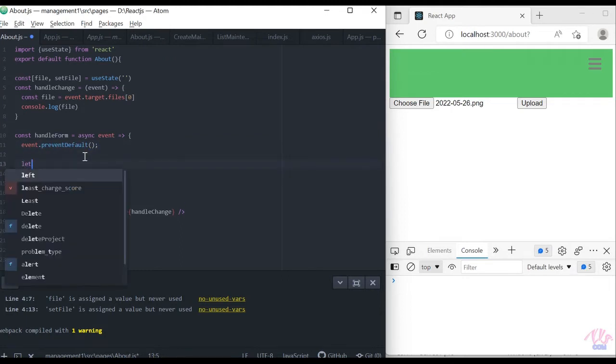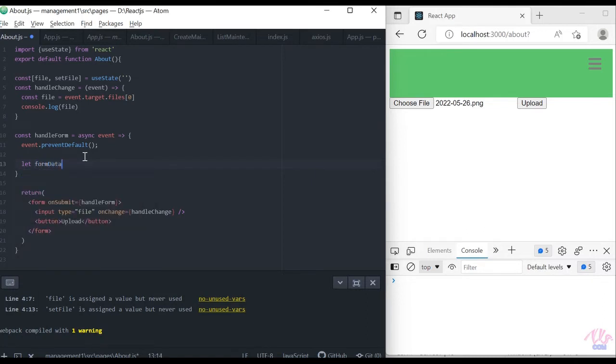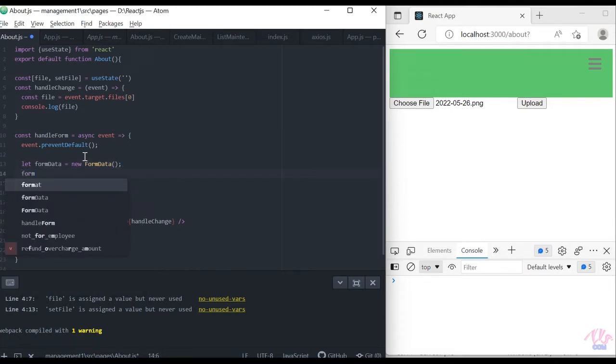Let's create a form data. Let's append file information inside form data.